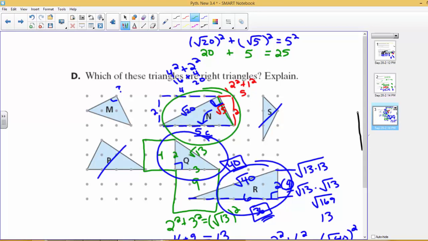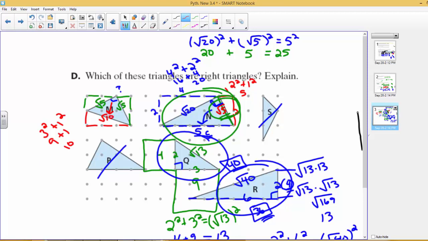Okay, now we're looking at M. It's our last one. So this is a 2 by 1. Every 2 by 1 is the same. We just recalled that it's square root of 5. This also is a 2 by 1, so that is square root of 5. And the bottom, the biggest side, the side across from the potential 90-degree angle, is a 3 by 1. So 3 squared plus 1 squared is 9 plus 1, which is 10. That means the square off of the diagonal has an area of 10, which means the side length is the